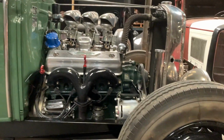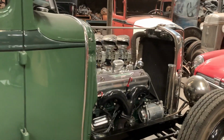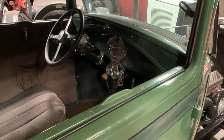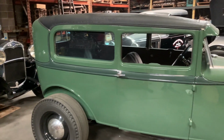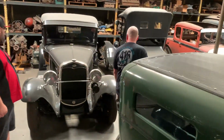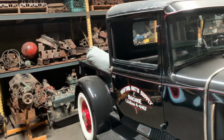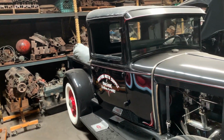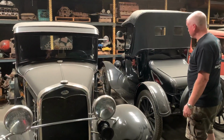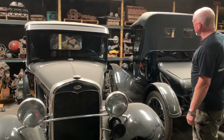And then I have my A sedan, Y-block powered. That was my first Y-block powered Model A. One of my favorite hot rods of all time right here. And it's a very fun car to drive. David's driven it before. I think he'll attest to that fact. Have the Model A shop truck. It's a little dusty right now. Things get dusty in here quick, but it's got a hopped up 4-banger in it. It's a plow job. A plow job, right? Not a gal job? Oh, okay. I know gal jobs. Anyway,